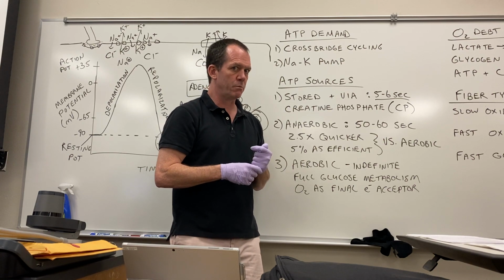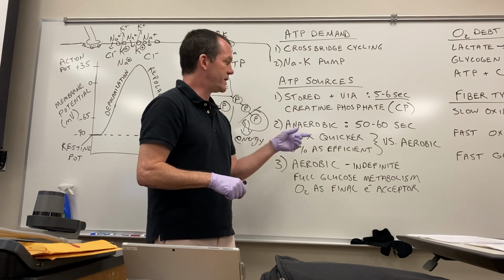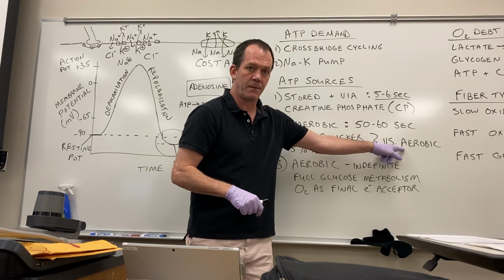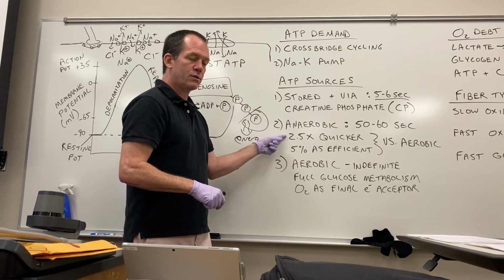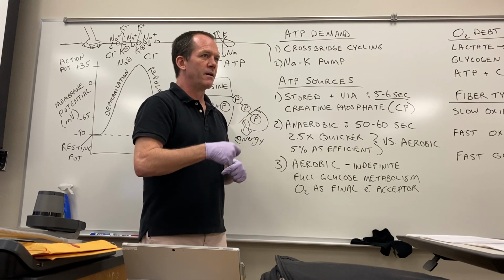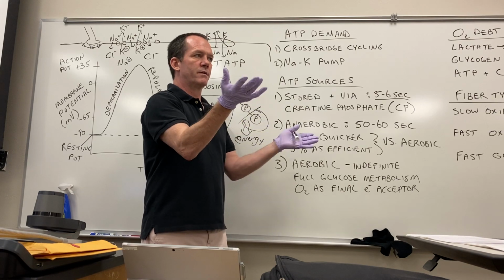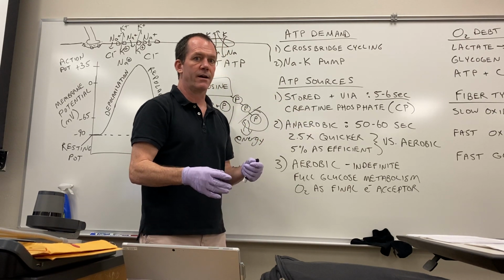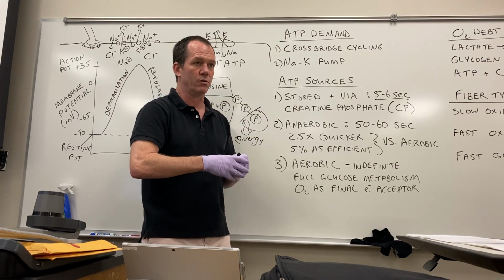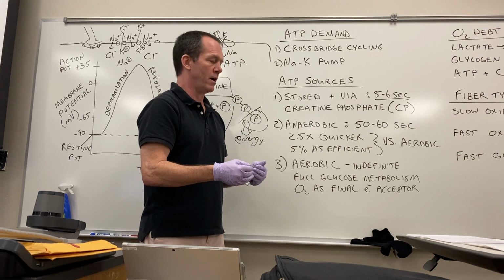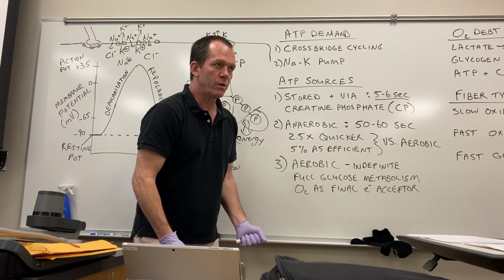Well, 2 ATP per glucose is not that efficient. It's only about 5% as efficient as aerobic respiration. But it's about 2.5 times faster. I can crank out that ATP really quick. So it's like you've got your carburetors wide open and you're just blowing gas through there. You're costing yourself a lot of energy in the fact that you're wasting a lot of glucose, or spending it inefficiently, but you are getting a lot of power out of that,